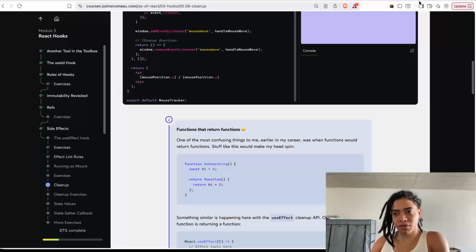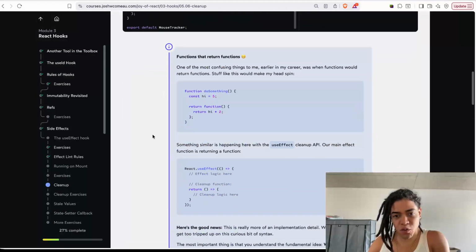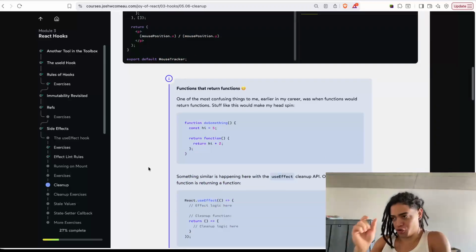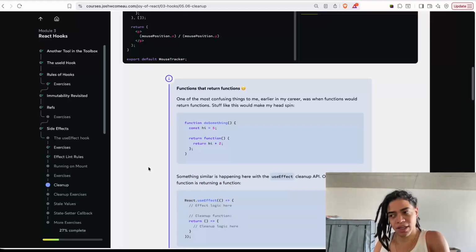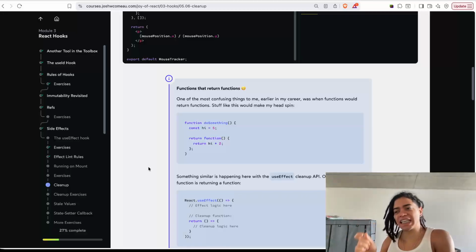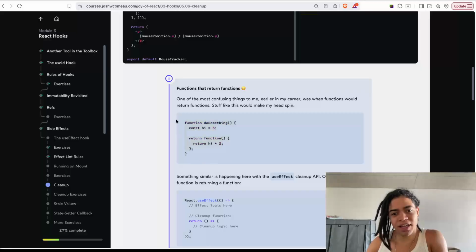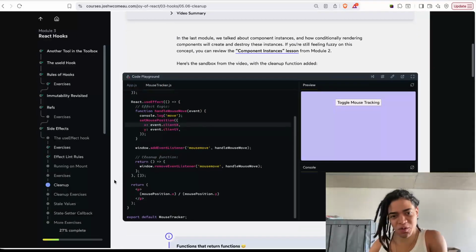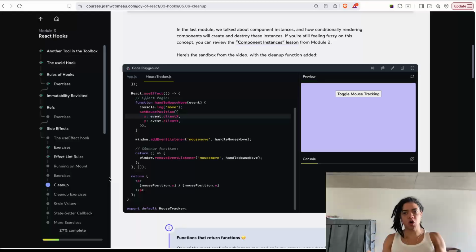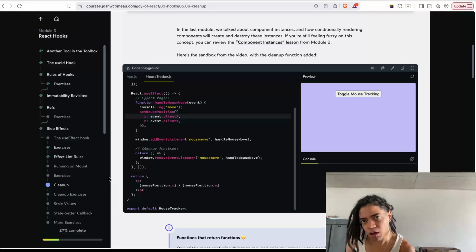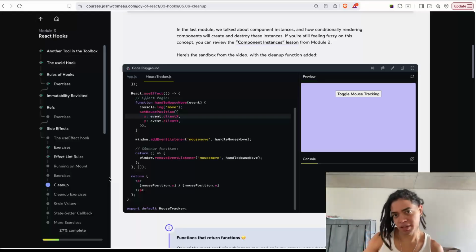A good example of this is that if you want to add two numbers, you just define that function there. And if you want to then add a specific number, an x number, to 2 or to 4 or to 5 or to any fixed number, you just get a slice of that. Again, why is this important, you might wonder? Well, because when you want to unsubscribe to global events, for example, in this case,